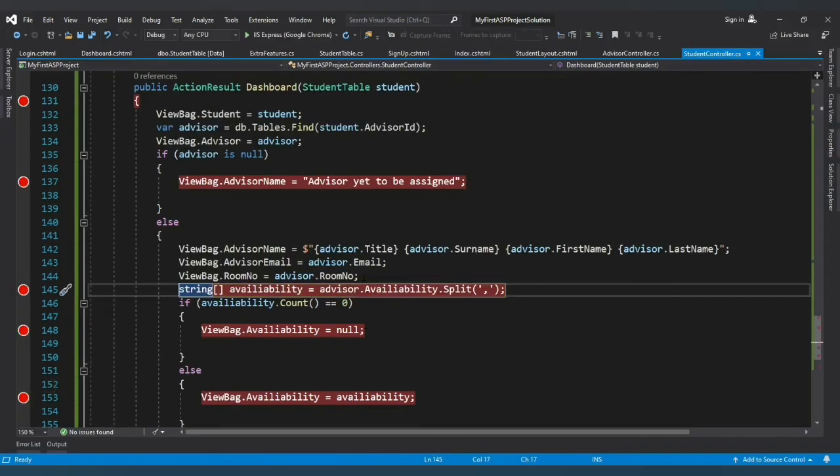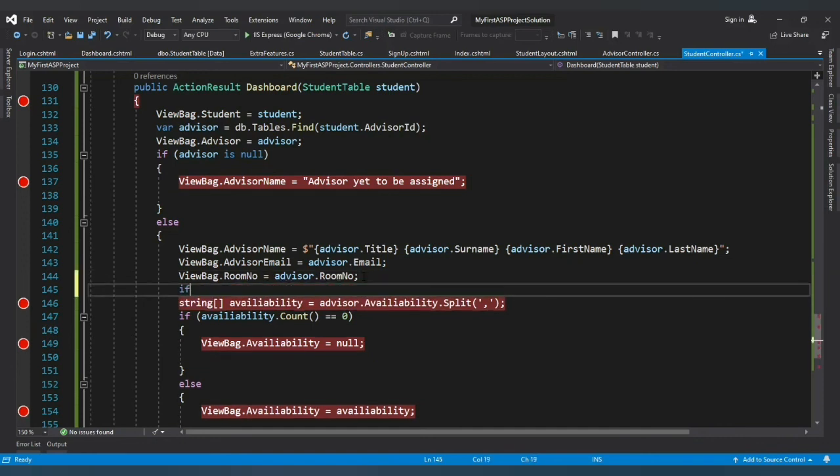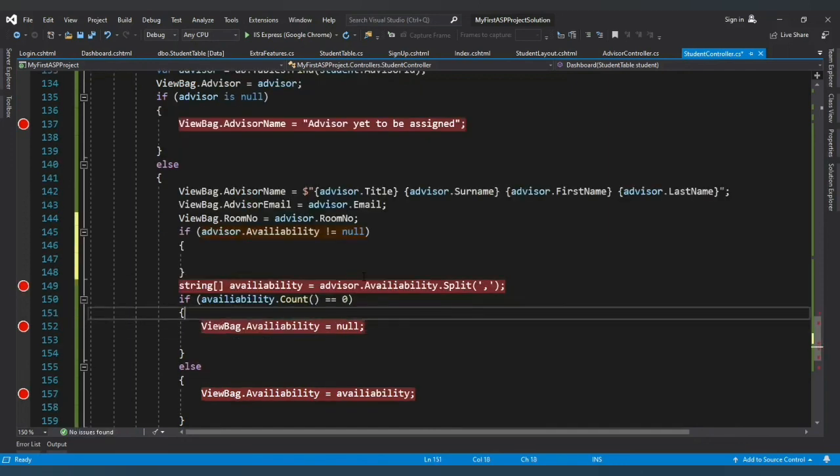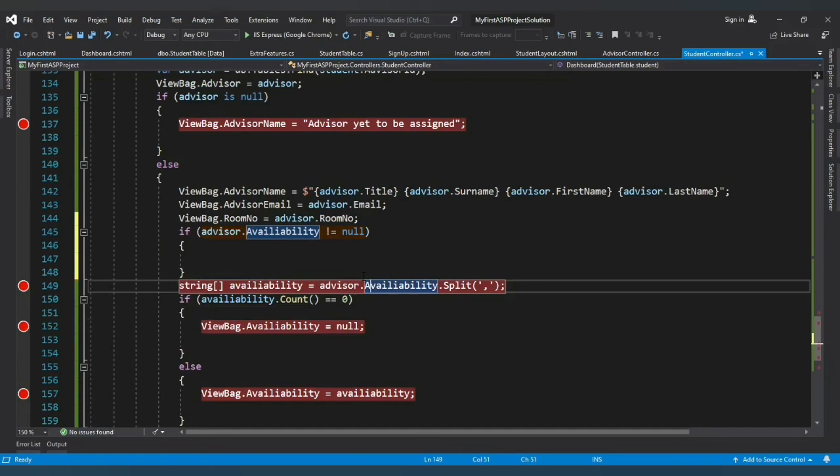So what we're going to do here is we're going to say, so if advisor dot availability, now available, come on, help me out, availability is not equal to null, then